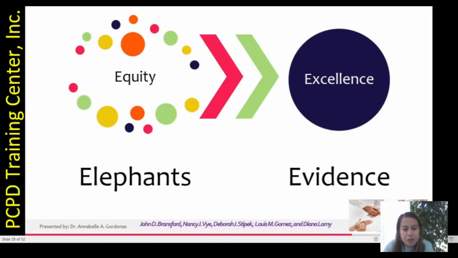Because the authors, John Bradsford and others, have been demonstrating and describing it through an analogy about elephants, which is taken from the poem The Blind Man and the Elephant by John Godfrey Saxe, where, according to the authors, we're always asking for equity and excellence along the way so that we can best serve our students. But then